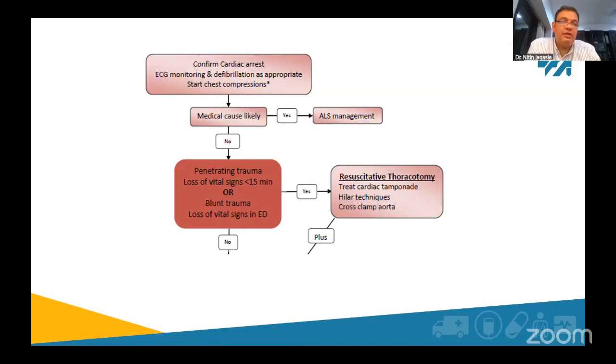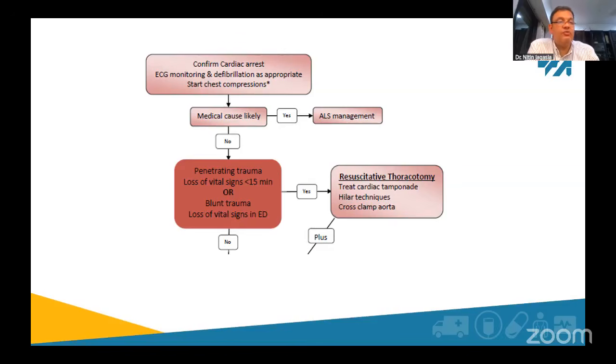Now, the most acceptable indications are these, where you have a penetrating trauma and the loss of vital signs is less than 10 minutes, some say 15 minutes. Or if it's a blunt trauma in front of you, they lose their circulation. The reasons for doing a thoracotomy are, by and large, two or three. First one, particularly if it all started with the penetrating trauma, is you're hoping to pick up a tamponade. So when you open the chest and you relieve the tamponade, the heart starts beating again and all the fluid and blood that you're giving would start circulating again.